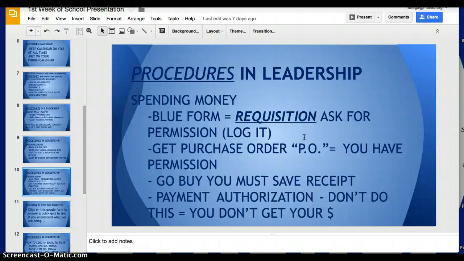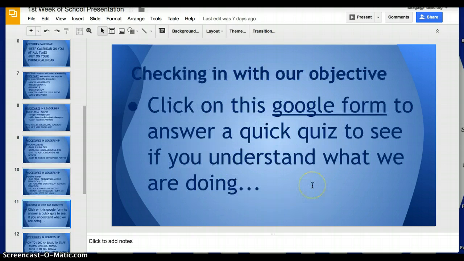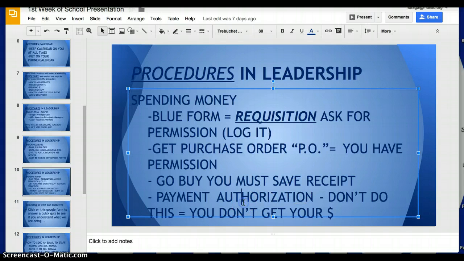After the requisition goes through and it's approved, they will get a purchase order, a PO. That means you have permission to go buy. Then, students, once you have the PO, you go buy, you save your receipt, obviously. And then